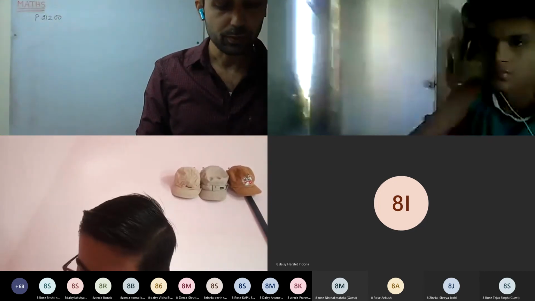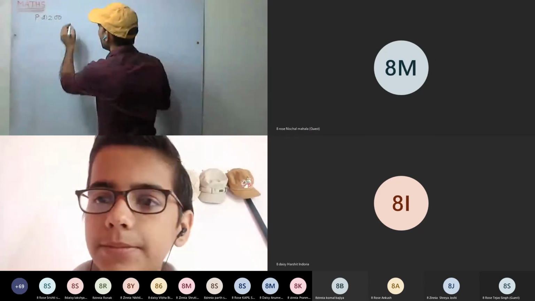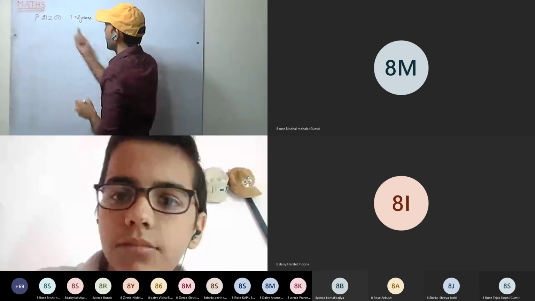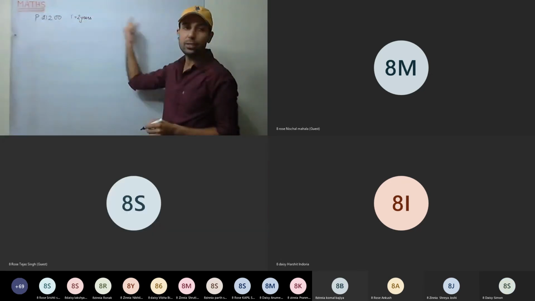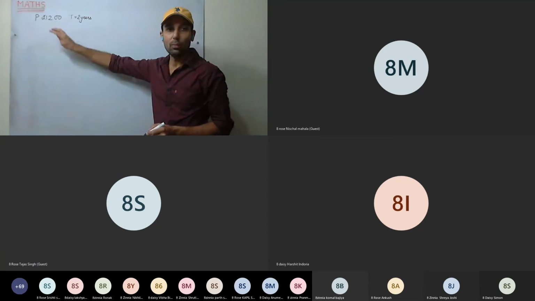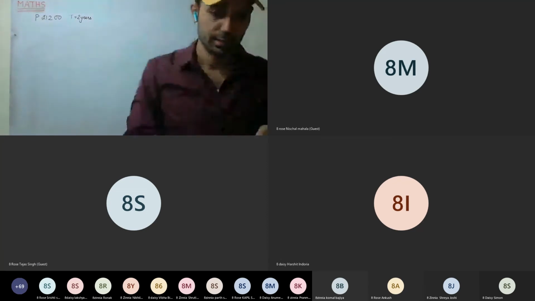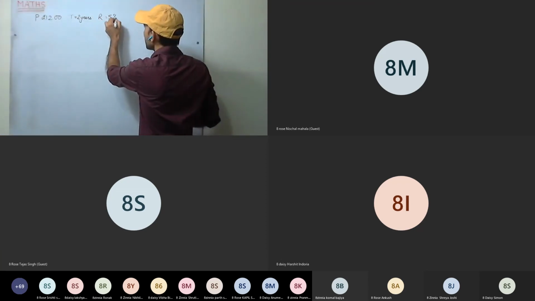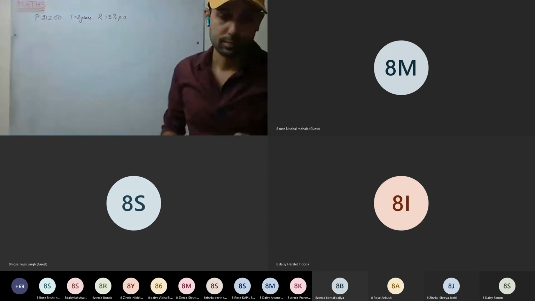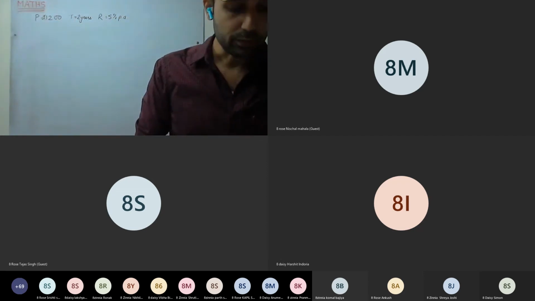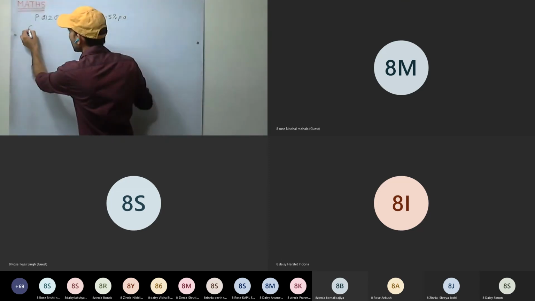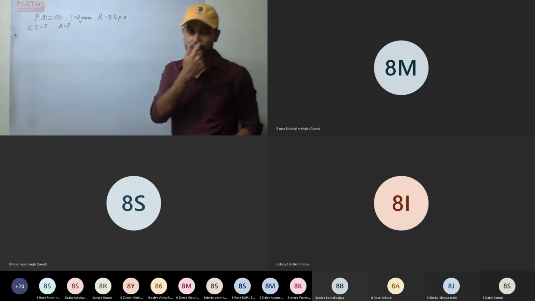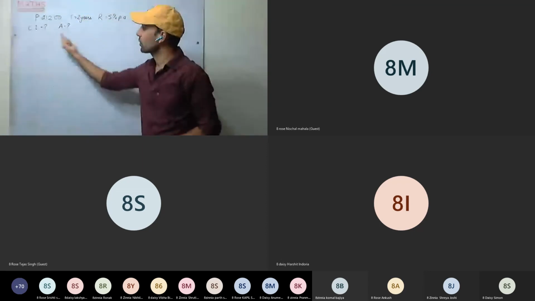Calculate the compound interest on rupees 1200 for 2 years. Here, first I'm taking only T, T equal to 2 years. We can denote it with N or T. In the formula, we'll denote it with N when we calculate compound interest, but for the time being, I'm putting T. At the rate of 5% per annum. I'll also find the amount. We have to calculate the compound interest, and the amount as well. Time is 2 years.